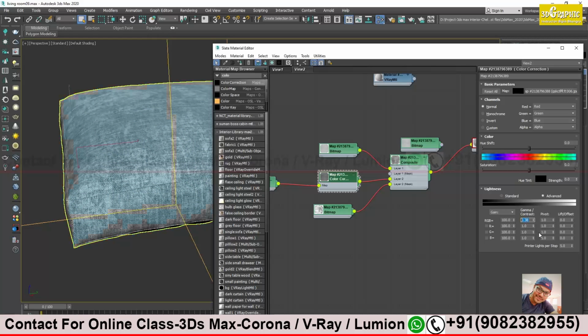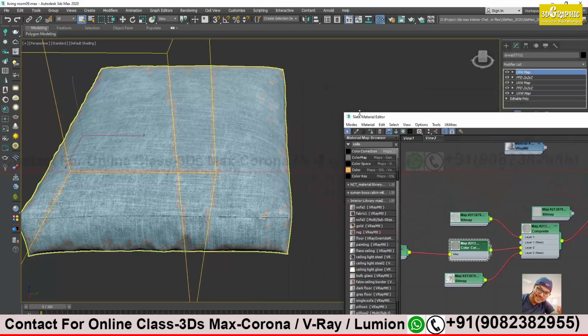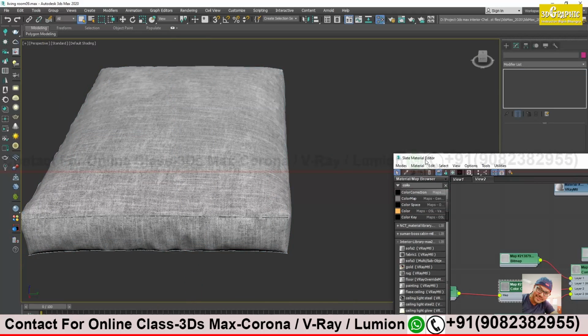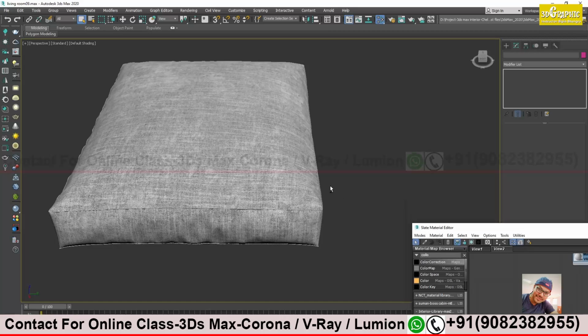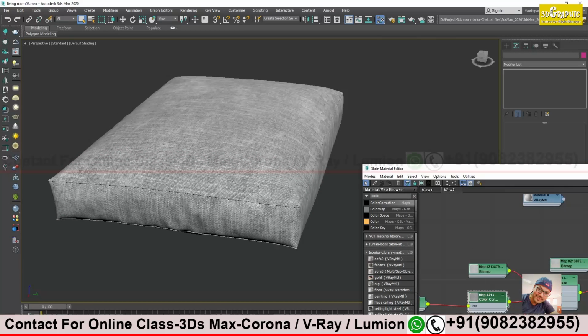Alright, so what I can do, I will not make it too dark, 0.6. You know what, I have also been doing some R&D on this. I was trying to render it with only an HDRI map. Because whatever we do over here, we wait until we make the final render settings and lighting and all, then we test the texture.